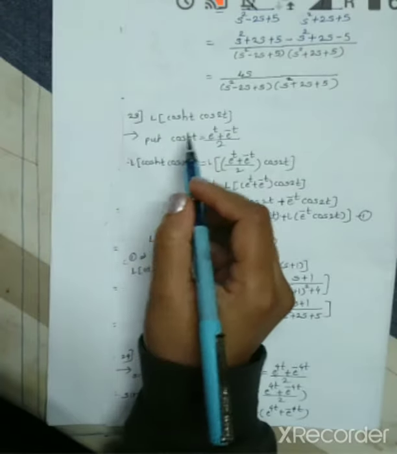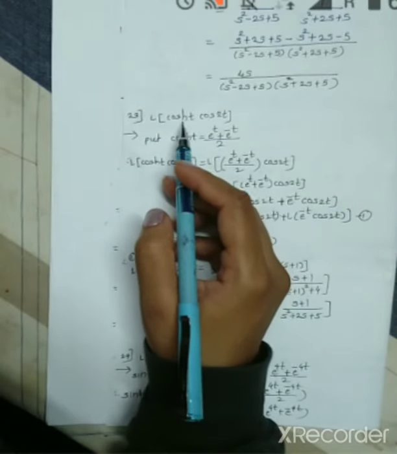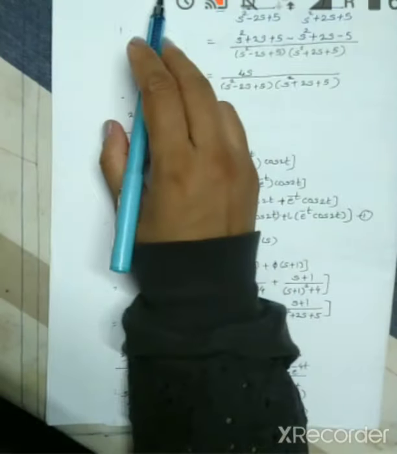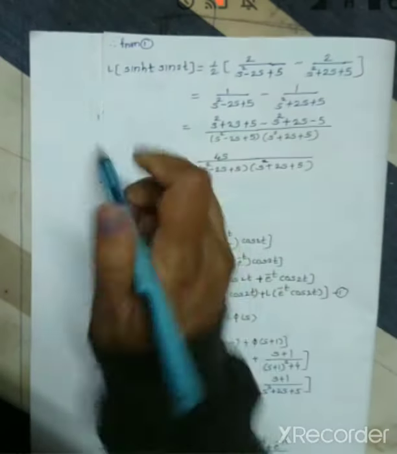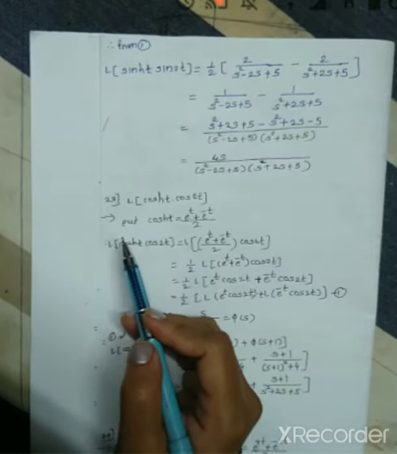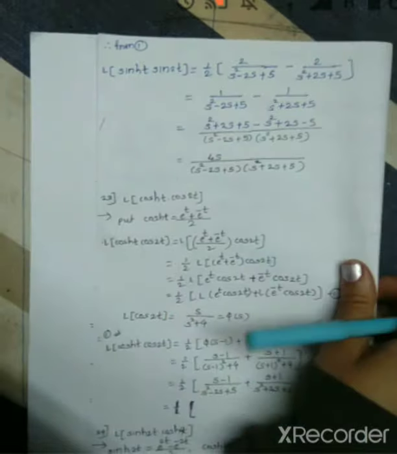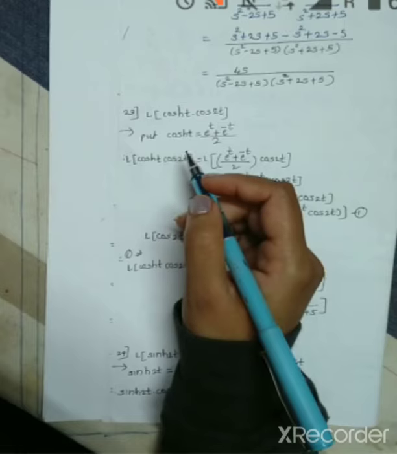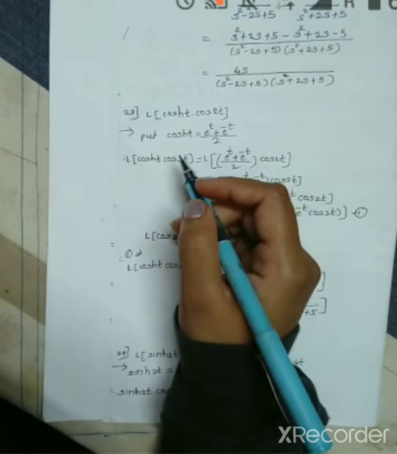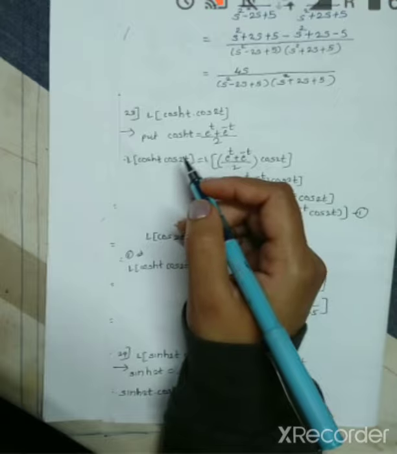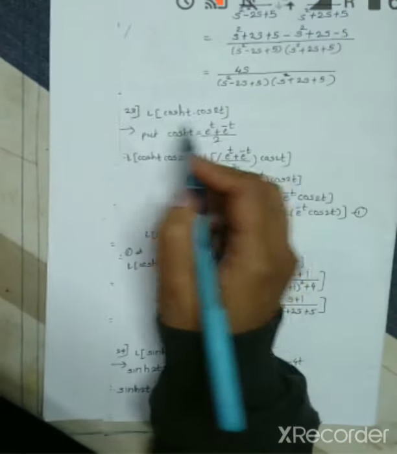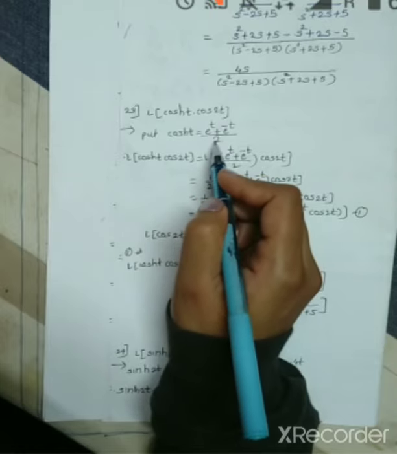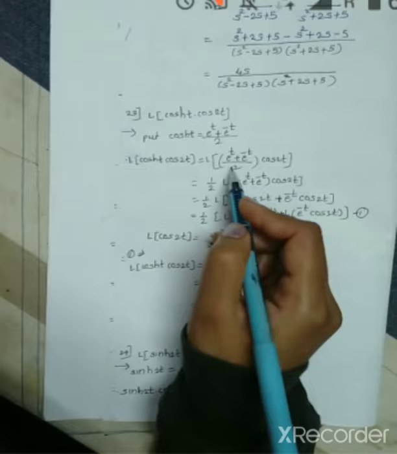Now consider another example which includes a hyperbolic function, cos hyperbolic. In the earlier example we studied sine hyperbolic and sine normal. Here we are considering cos hyperbolic and cos normal. In any combination, you have to follow one rule: convert the hyperbolic function into an exponential function using this formula. Here cosh t is there, whose formula is e raised to t plus e raised to minus t upon 2. Put this value in this expression, and we get this equation.